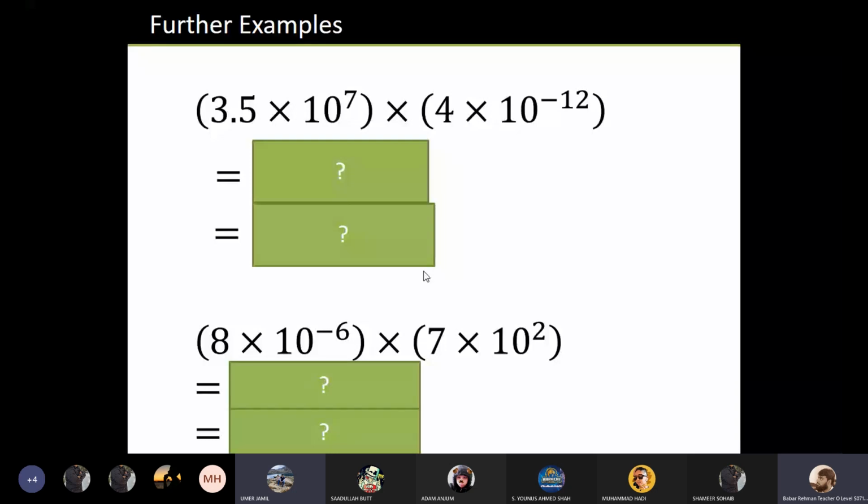In this, we are already given standard forms. We are given two standard forms again. So 3.5 multiplied by 4 will be 12.5. And it is also a multiplication sign, so it will become 12.5 multiplied by 10, and the bases will remain same. 12.5 multiplied by 10 to the power of 6, to the power of 5.